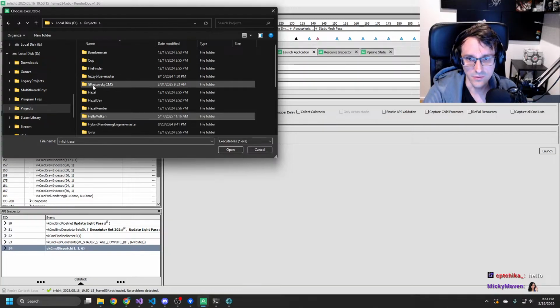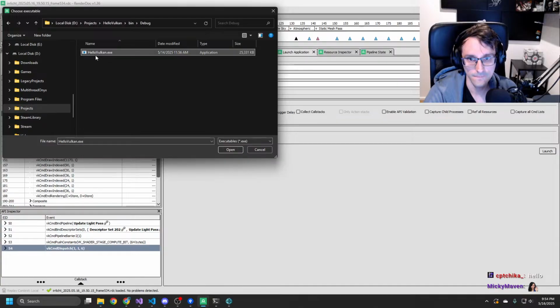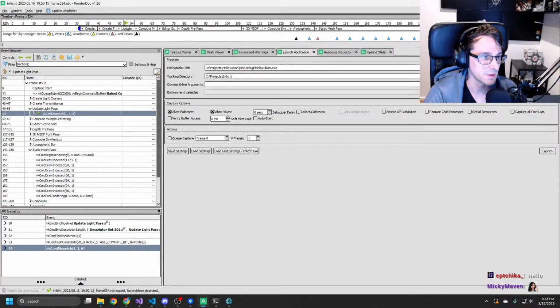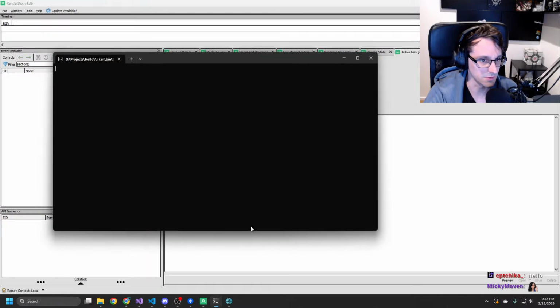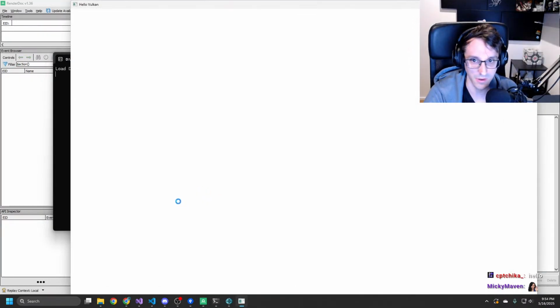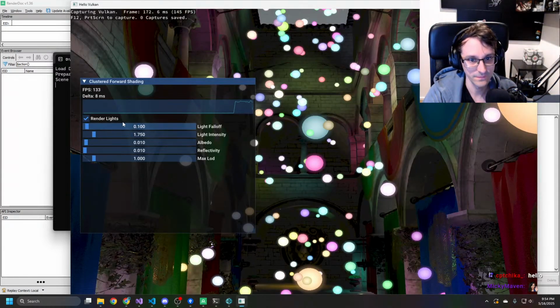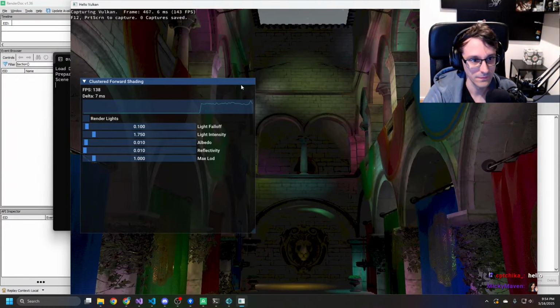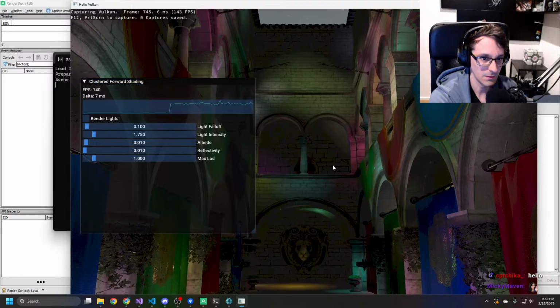Ah, it's in bin, right? But I can't remember what I have to set the directory to. I think I don't have to set the directory because that was a weird engine that just launched with hard-coded paths for whatever reason. And it's not very optimized, not gonna lie.